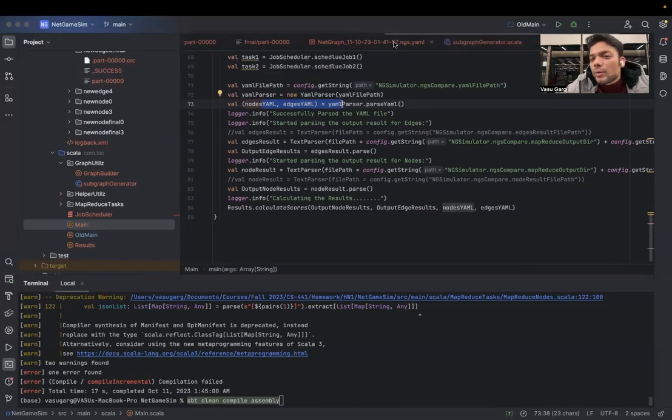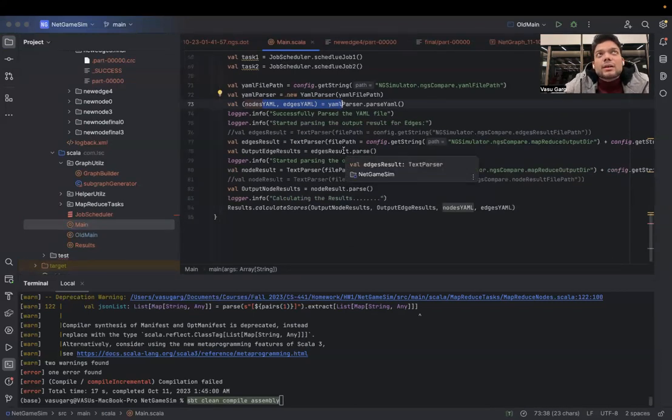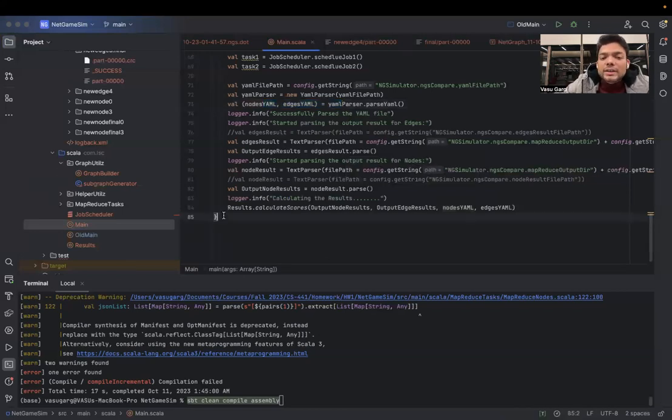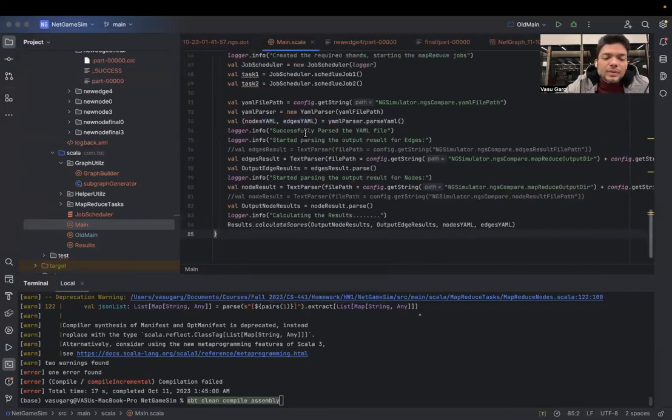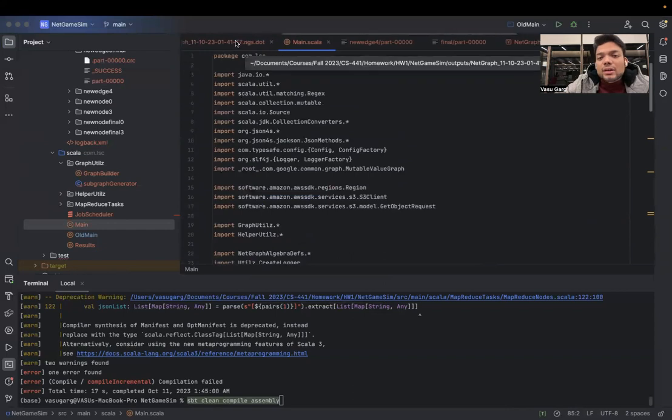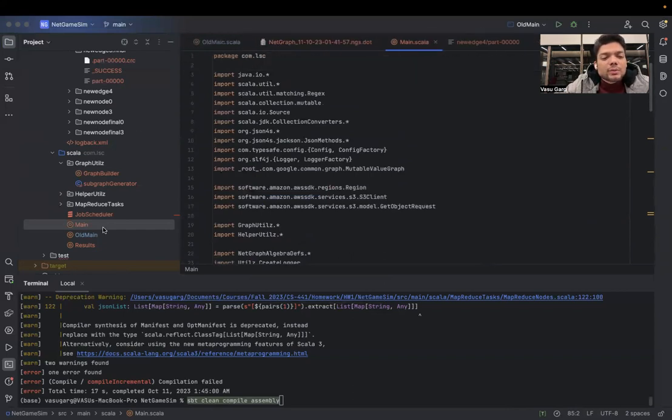There are a bunch of formulas in the results that are used. I'll also have those links added in the description about induced subgraphs and this netgame sim GitHub repository, so that you can see what all formulas and libraries were used. Right? So the last concept that I wanted to touch base on was